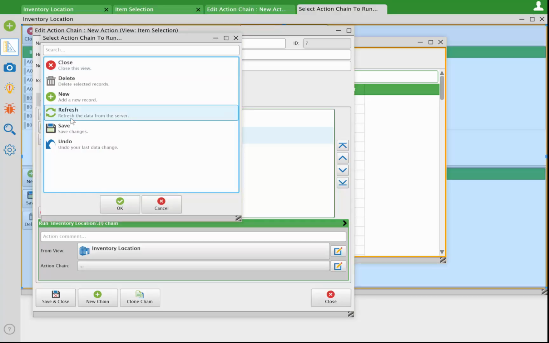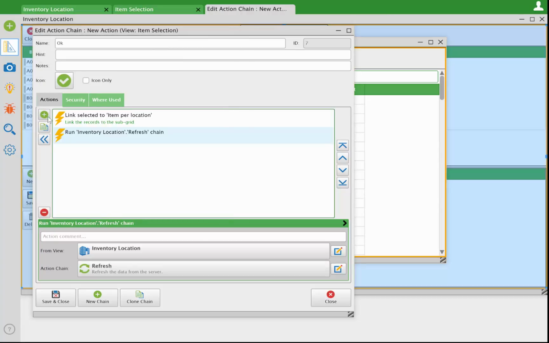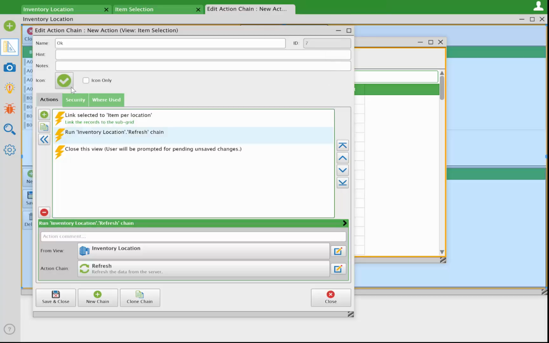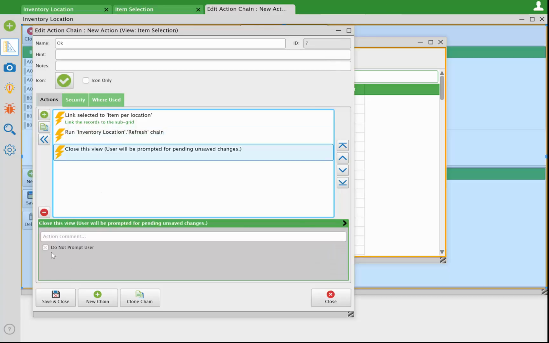So in this case, I want it to refresh. And the last action we want to add to this chain is the close view. And we're just going to set this one to not prompt us when we close. So this action is now going to link the selected records, refresh the calling view, and close the selection view.